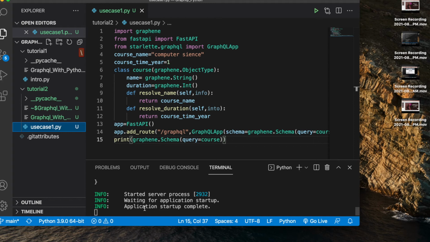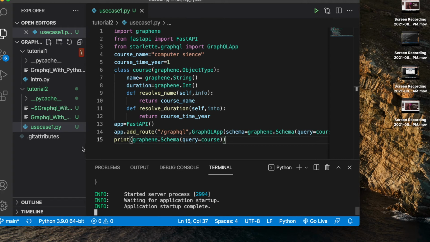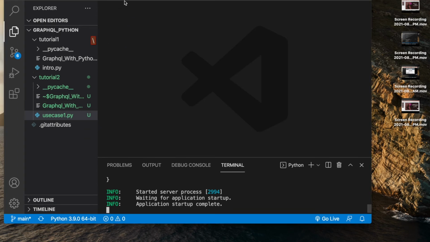And after that maybe I can stop the whole thing. I'm just showing you guys how you can use it, use case 1. So it is running, so this is my use case. Maybe let's try to create one more use case. Let's close this, let me think what use case I can come up with.